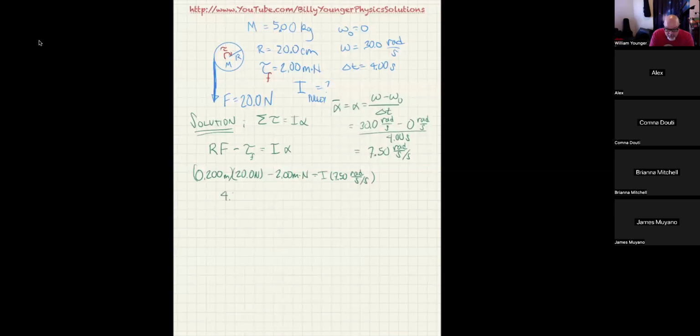So I get 4.00 meter newtons minus 2.00 meter newtons is equal to I times 7.50 radians per second. And I can say that I is going to be, obviously 4 minus 2 is just 2. So I'm going to say it's 2.00 meters times newtons divided by 7.50